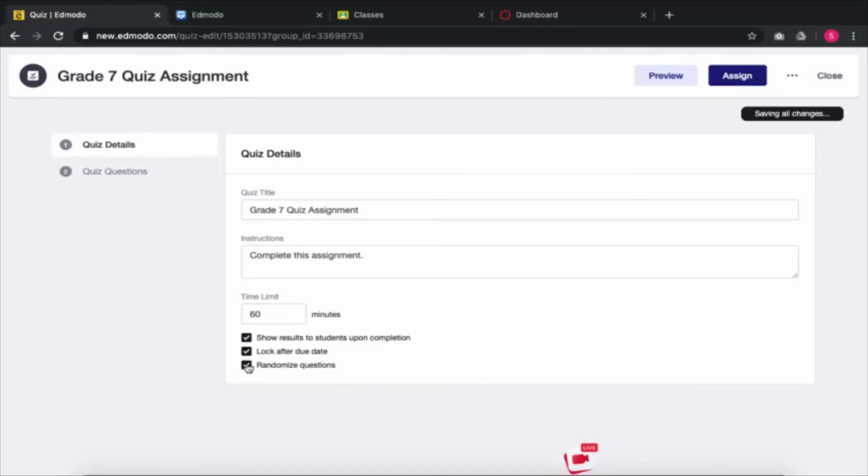Randomized questions, usually it's about moving around the structure, the organization of the questions. For example, different students will have different organization of the questions when they see them on screen. Also, if you have a question bank, which is a bank of questions,